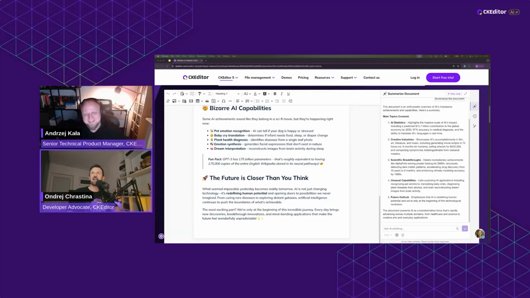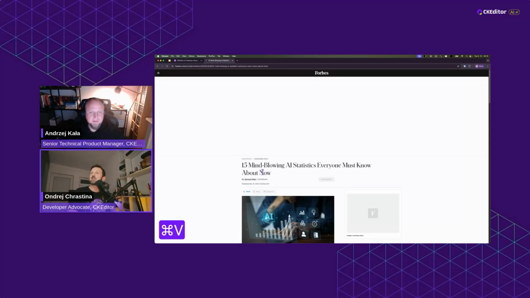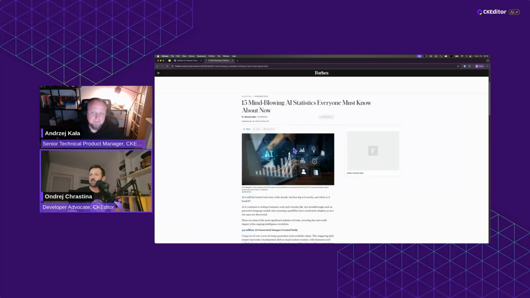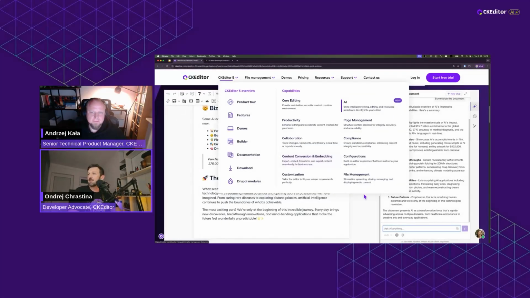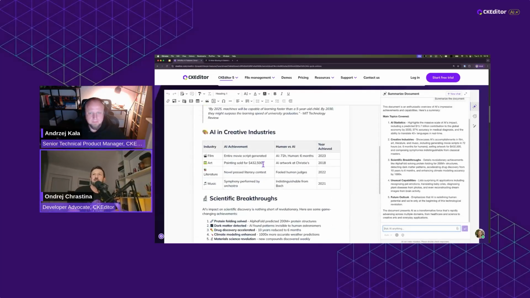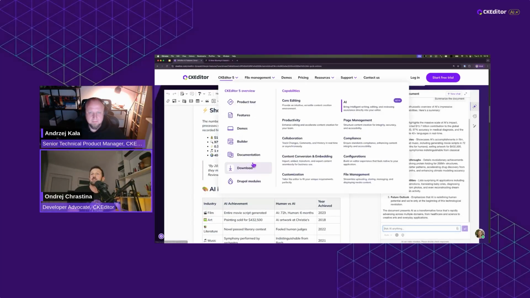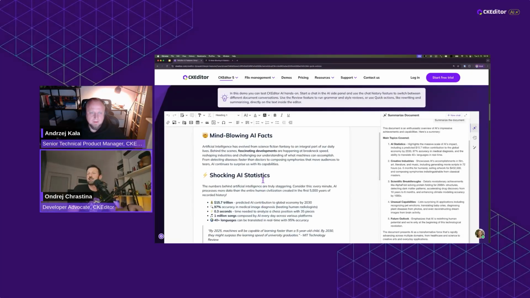Understood. So now, and you can see I already hit Control C. I will show you, because we are talking about AI, I've found this article about AI as well, and let's put ourselves in the situation that we would like to extend this article, and we would like to add the information from the second article. So in an ideal world, we first read it through and say it's credible and so on and so forth. But for the sake of